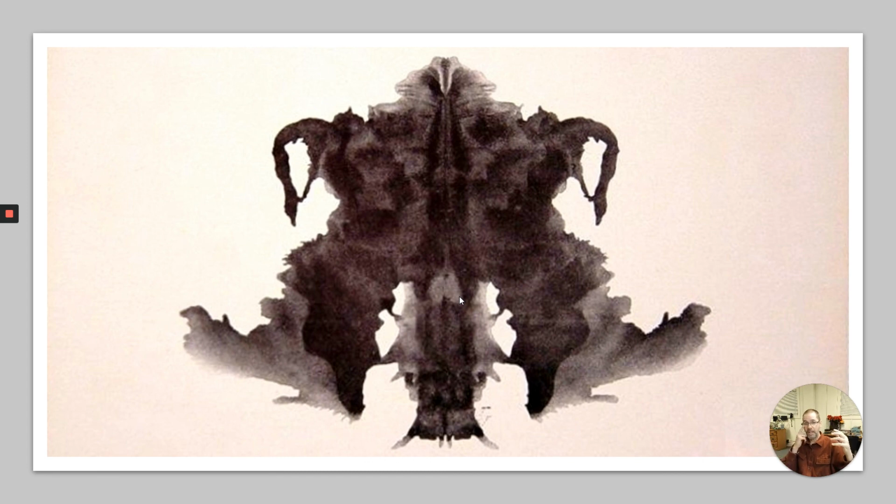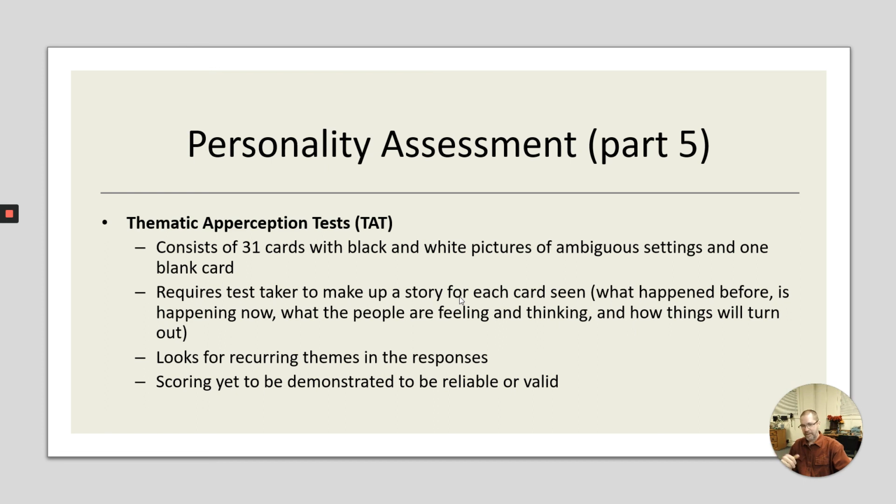Maybe every time they show you a different Rorschach ink blot, everything you say has a violent or hostile connotation, or maybe a very peaceful and withdrawn one. I see a butterfly, and somebody else might say, I see an arrowhead on a spear, right? And they say, oh, this is very revealing. So there you have it.